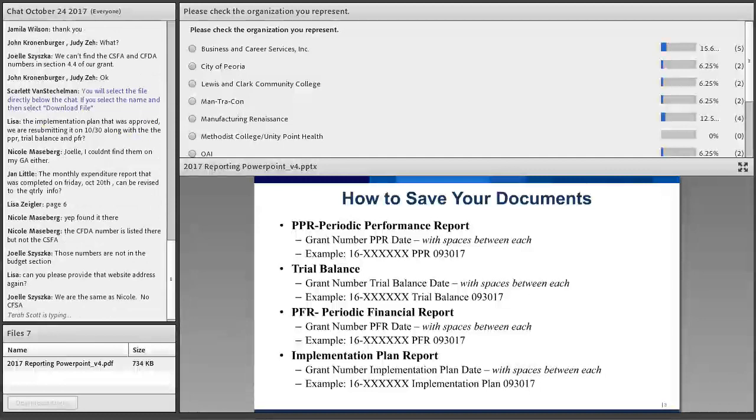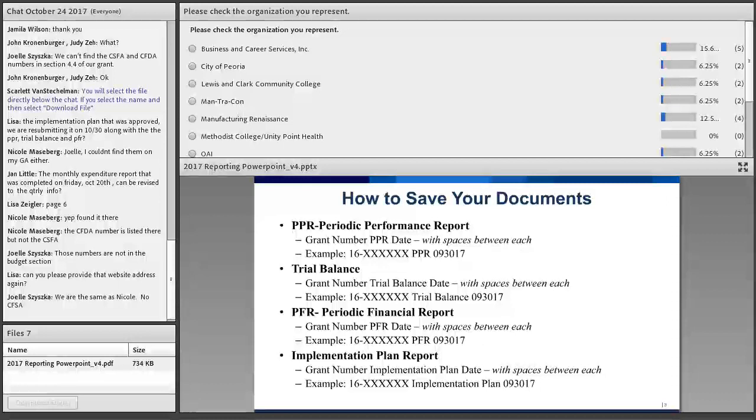Now, the reporting requirement in GRS is monthly, so you'll report on a monthly basis. You'll report on the 20th of every month for the prior month, and you can report prior to the 20th of the month. So for the current quarter that you're going to report for, the quarter ending 9/30/17, which you'll